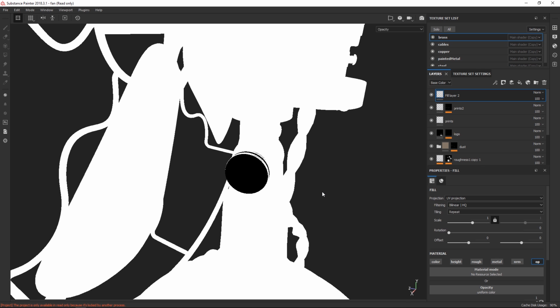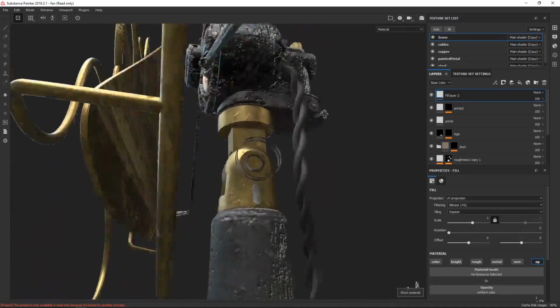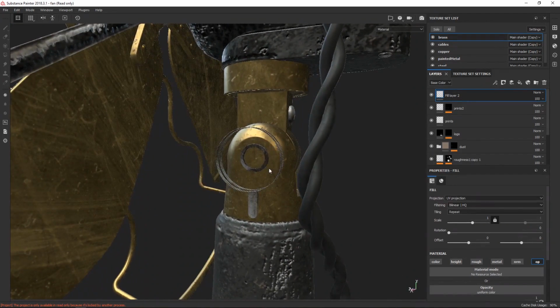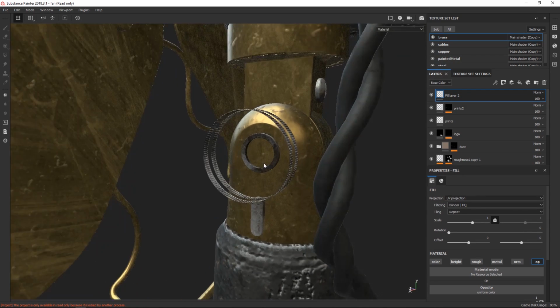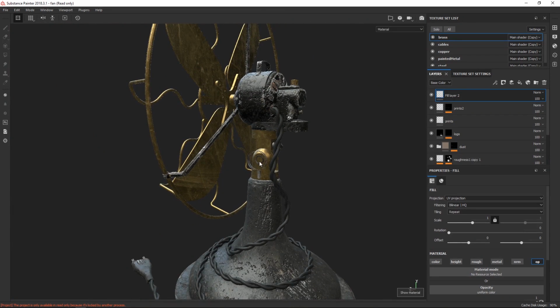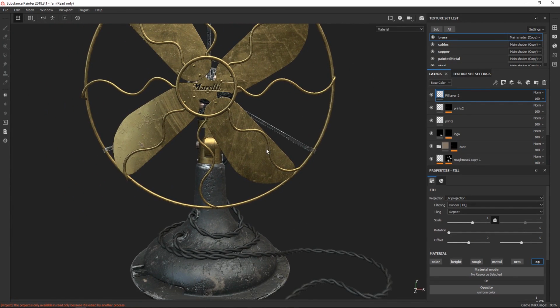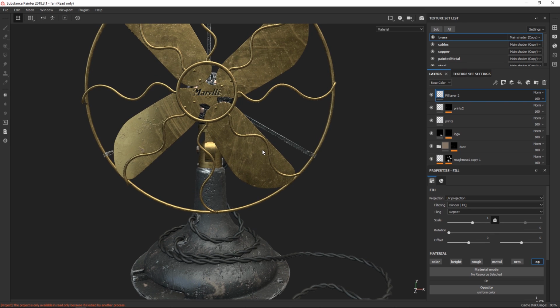So an opacity map is simply where it's black, it's transparent, and where it's white, it's opaque. So there we go. Beautiful, nice little floating thing in space. You would use this for glass or transparent surfaces where you really want to control it. So very nice and simple. Then we have the metallic map. If we look at this now, we can see that different parts here are metallic or made of metal, and different parts are not made of metal.